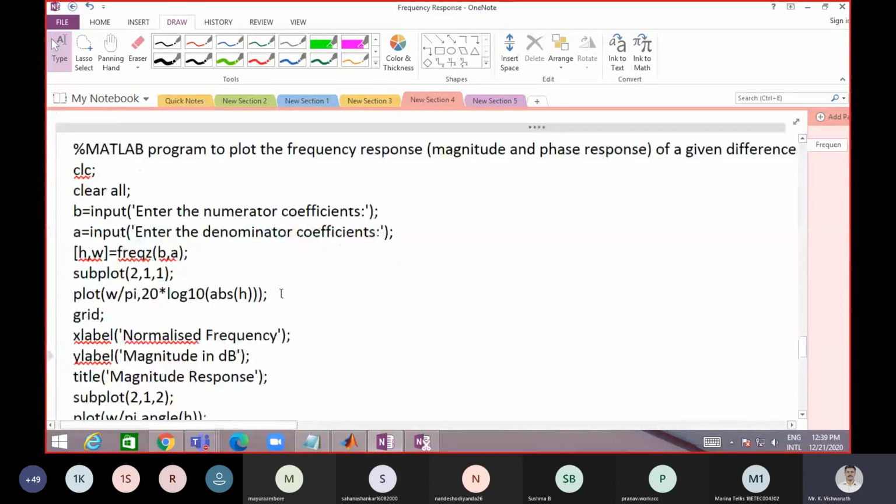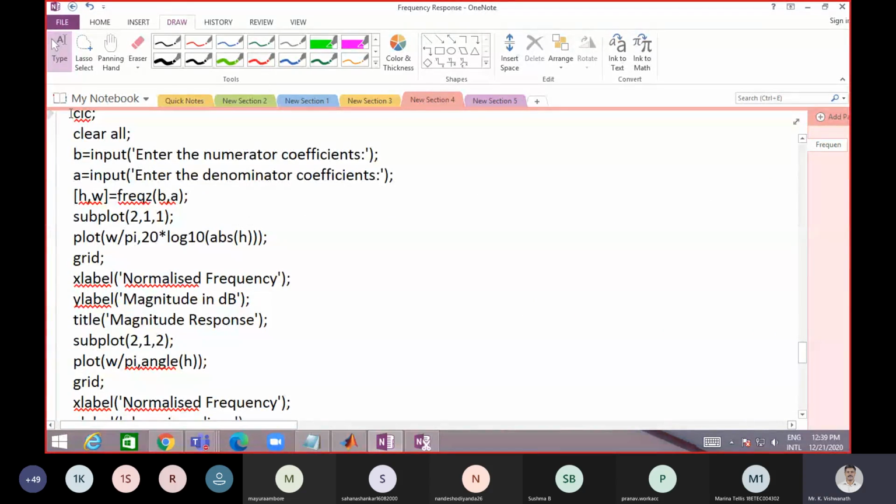It is very simple. So initial clear, close all, and these things. Then you have to enter the numerator coefficients of the transfer function, or they can be the input terms. Then you have to enter those values in an array through a square bracket. Similarly, you can enter these coefficients of the denominator of the transfer function